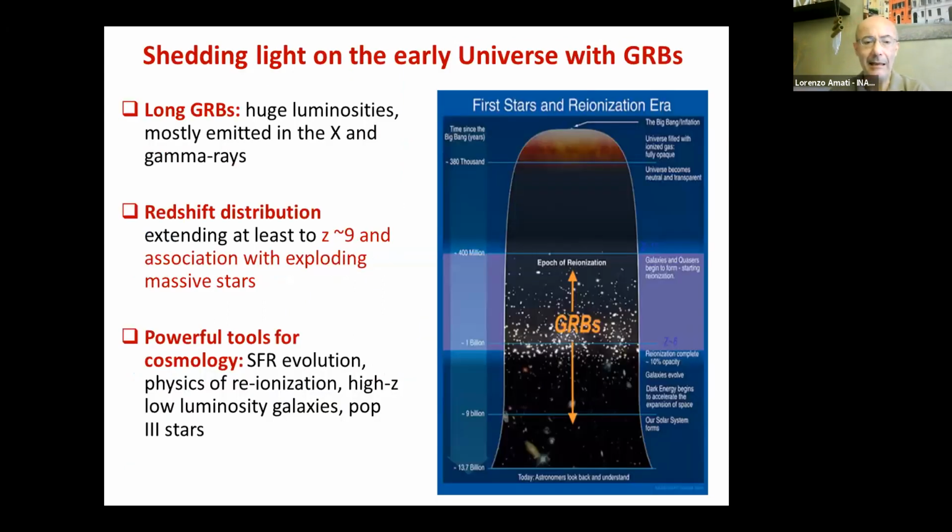So let's start focusing on the use of long gamma ray bursts for cosmology, as already anticipated. Here, the idea is to exploit the fact that they are so luminous and they emit most of their luminosity in the X and gamma rays, which are poorly absorbed by the interstellar and intergalactic medium. So they can be detected, and are actually detected, up to very high redshift. Again, you can see here on the right another sketch putting gamma ray bursts in the cosmological context.